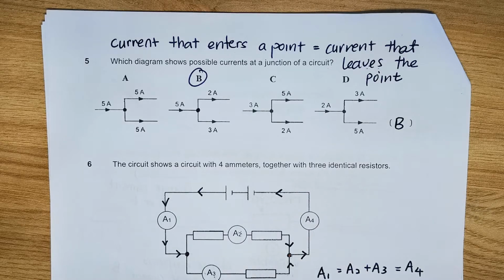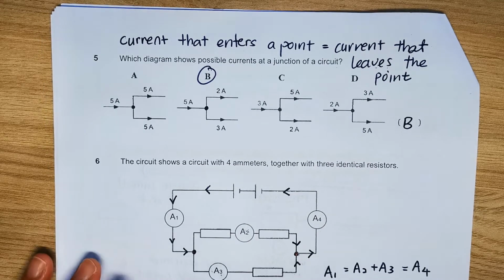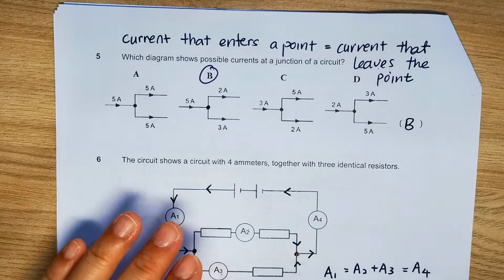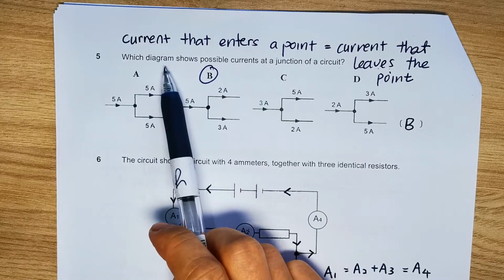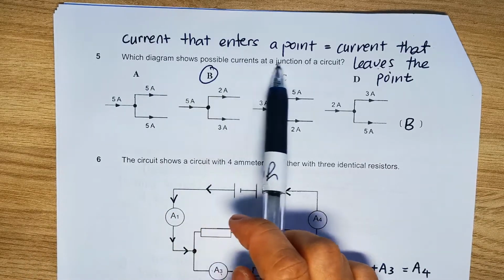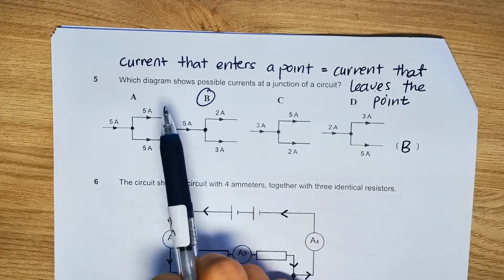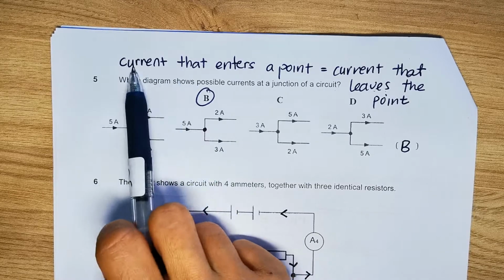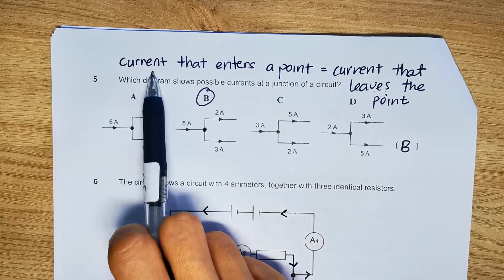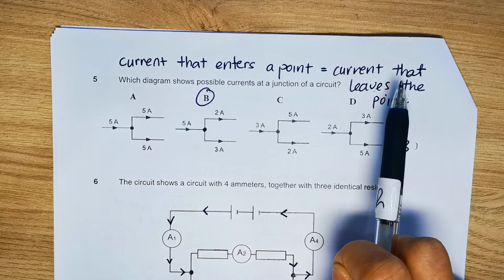Okay, so for page 2 of your HBL worksheet for electricity. For question 5, the question asks, which one is a possible current at the junction? So before we do this question, let's revise a bit. Remember that the current that enters the junction, the same amount must also leave